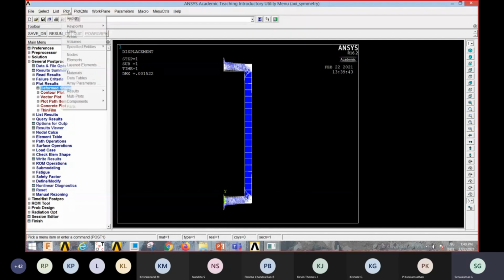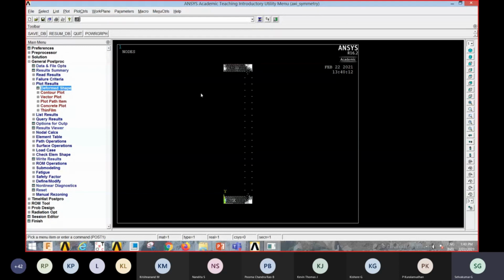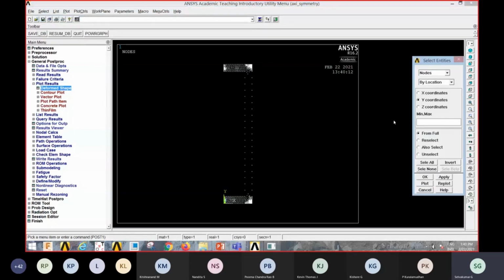Now let us see the stress value. A specific value we can see, plot nodes. So all the nodes it is showing. You can choose the middle part. Select entities, minimum 45, comma 55.